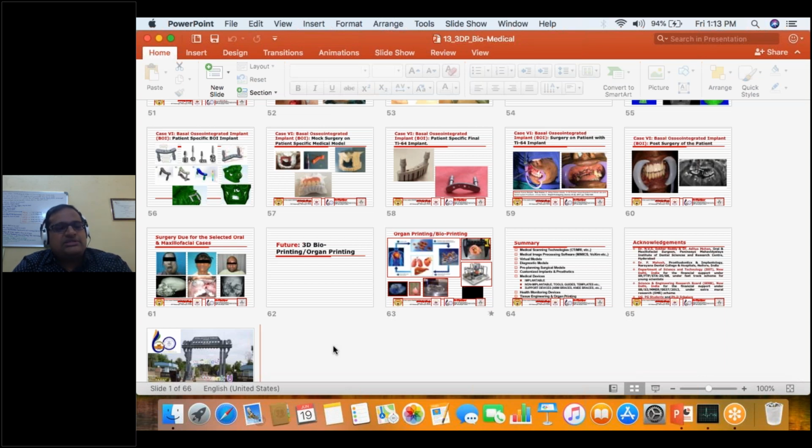As far as standards are concerned, normally these ASTM people work collaboratively with the end users. Basically you have two areas where we need to work: one is medical, another is aerospace. In medical, we need to have FDA approvals. For getting the FDA approvals, they work with collaborators, the people who work on these kinds of surgeries. They work with ASTM, and in collaboration with those doctors, they come out with some kind of standards.